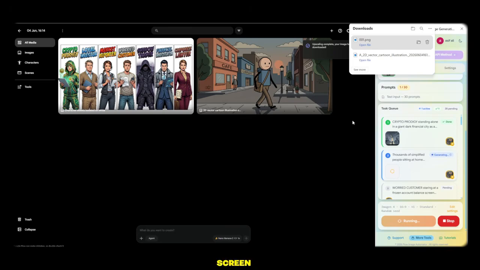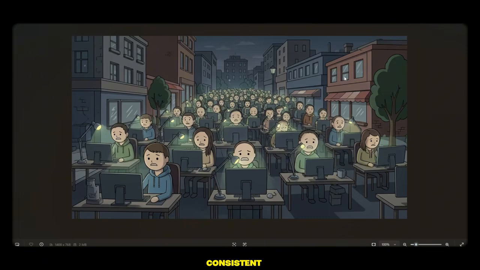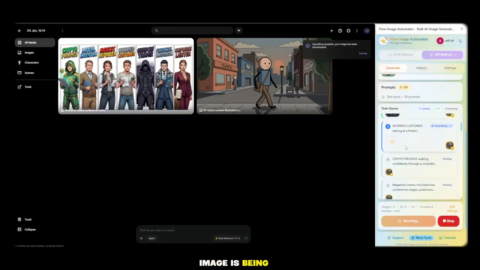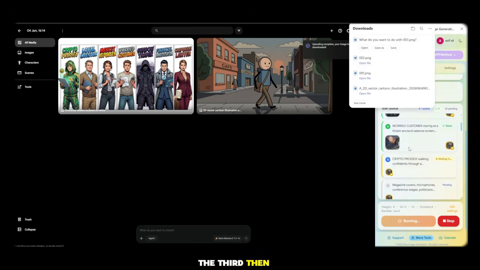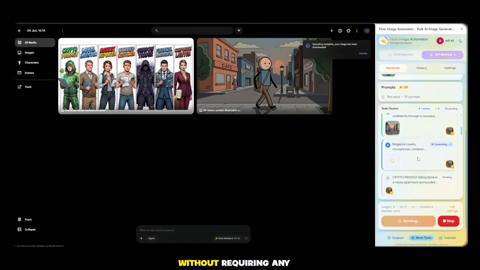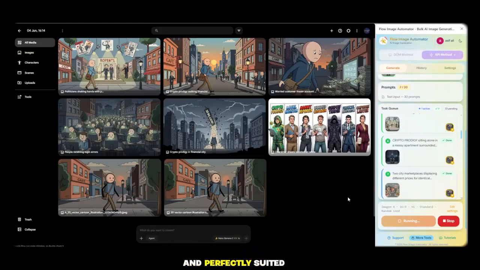As you can see on the screen, the first image is already being generated. The character remains consistent because we uploaded the reference image earlier. Now the second image is being generated, and the third, then the fourth, then the fifth. The process continues automatically without requiring any additional input from you. As you can see, the results are extremely clean, visually consistent, and perfectly suited for finance documentary content. Once all the images have finished generating, simply download and save them to your project folder,